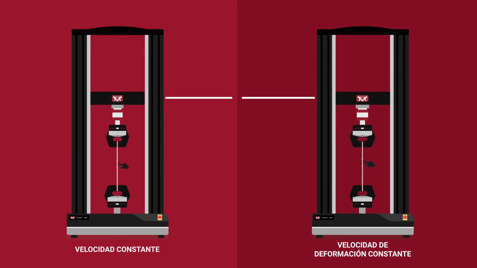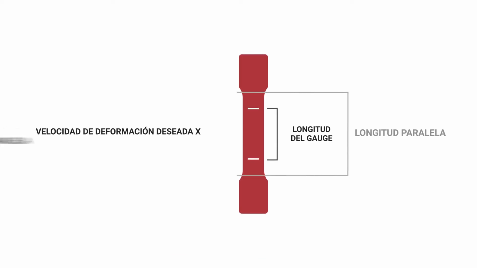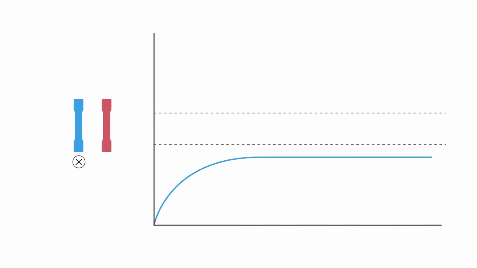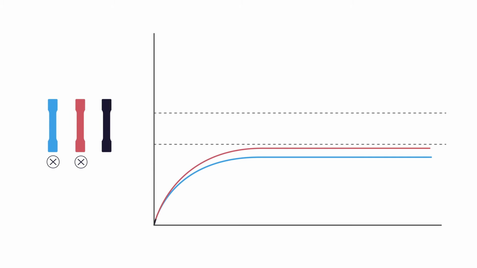In order to determine crosshead speed when using this method, common standards direct us to multiply the desired strain rate by the parallel length of the specimen. However, the machine speed calculated by this method may not produce the correct strain rate within the tolerances of your testing standard. This is because the machine compliance will reduce the strain rate of your test. In this case, you may need to run multiple tests in order to tune the correct machine speed before you